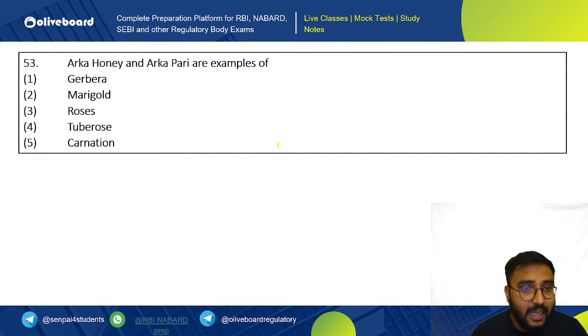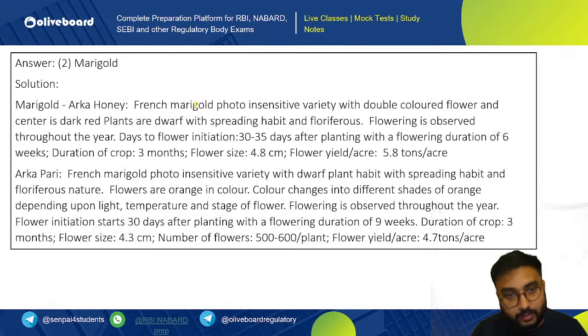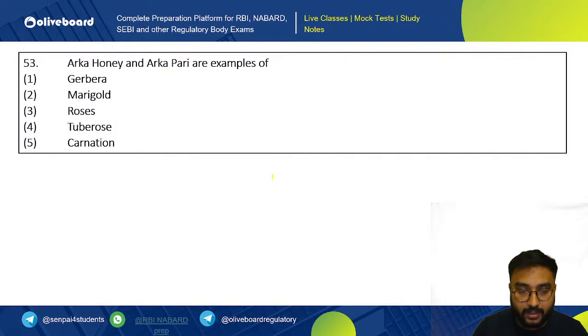So Areca honey and Areca pari are your varieties of marigold. So marigold Areca honey and marigold Areca pari. Okay. Next,